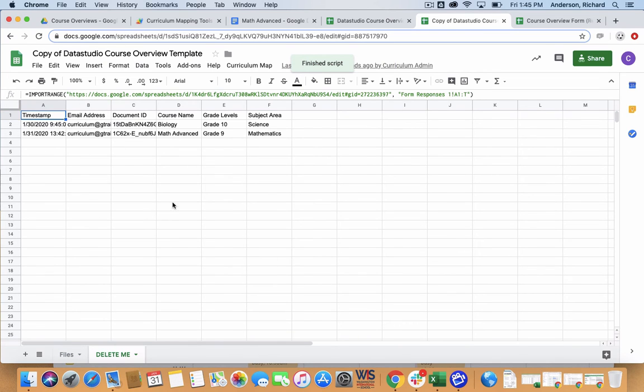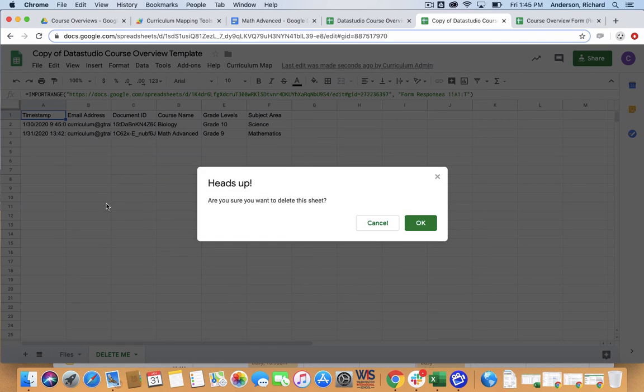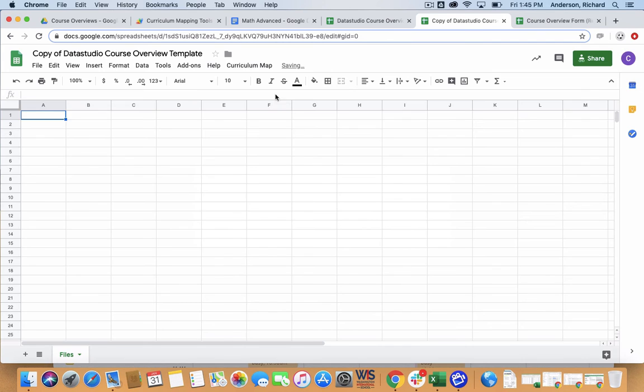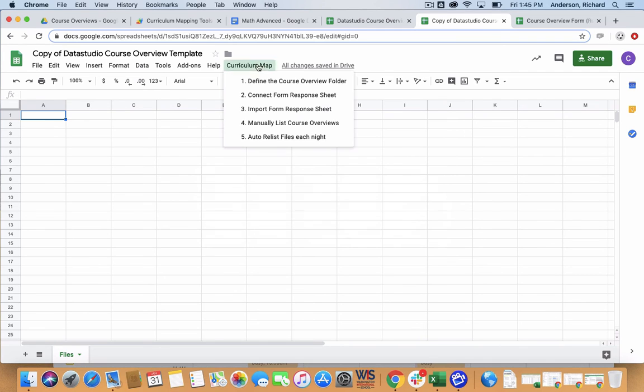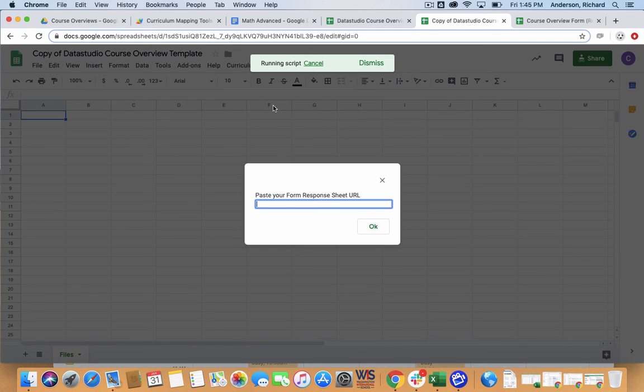So now it pulls in the data, and you may need to authorize it to allow access in cell A1. You can simply click in there and click allow if you're not seeing your data there. But now we want to bring it in with the document ID in column A. So what we do is we delete the tab. We can just move on to step 3, and it's the same URL that we're going to paste into the dialog